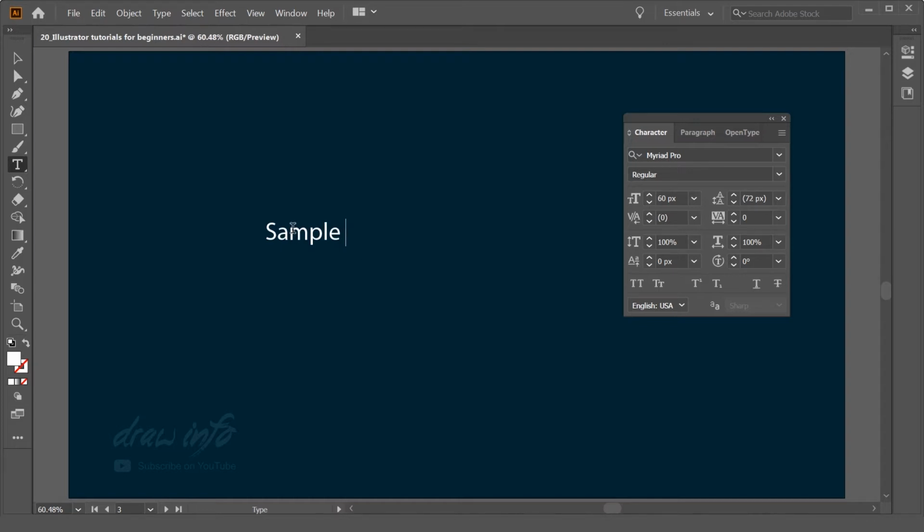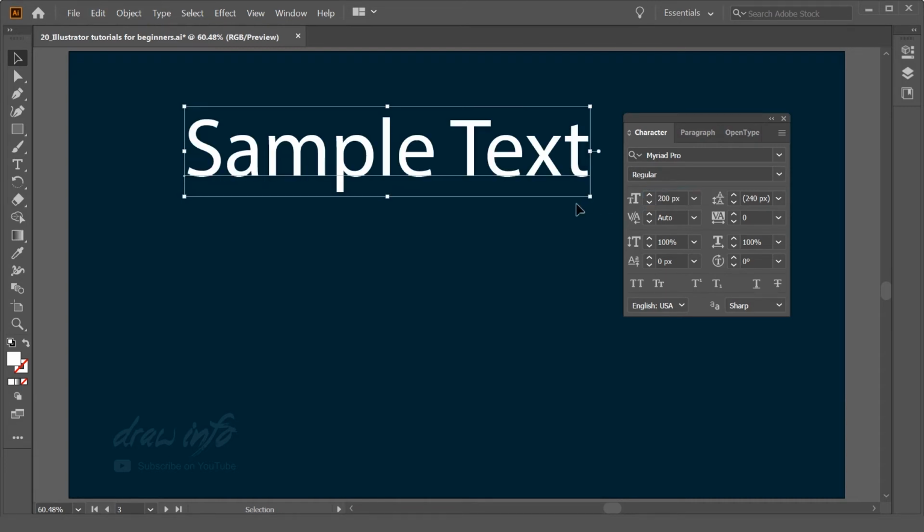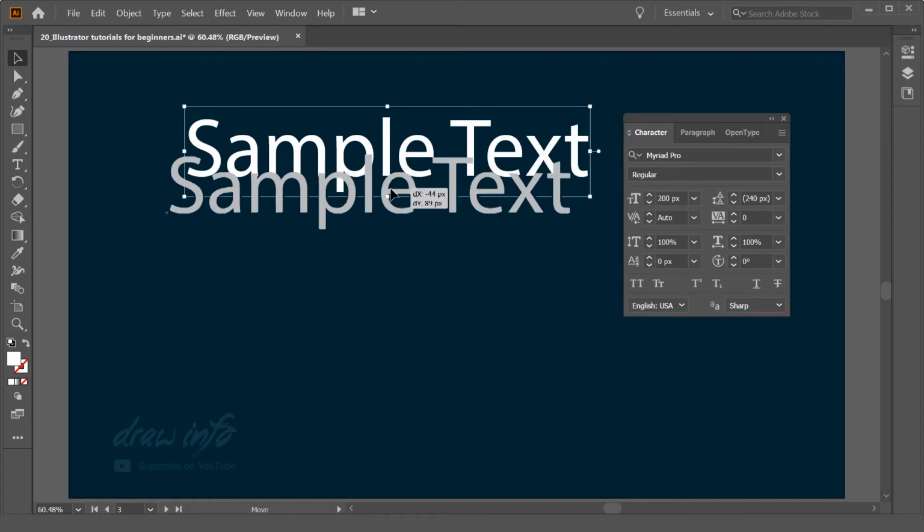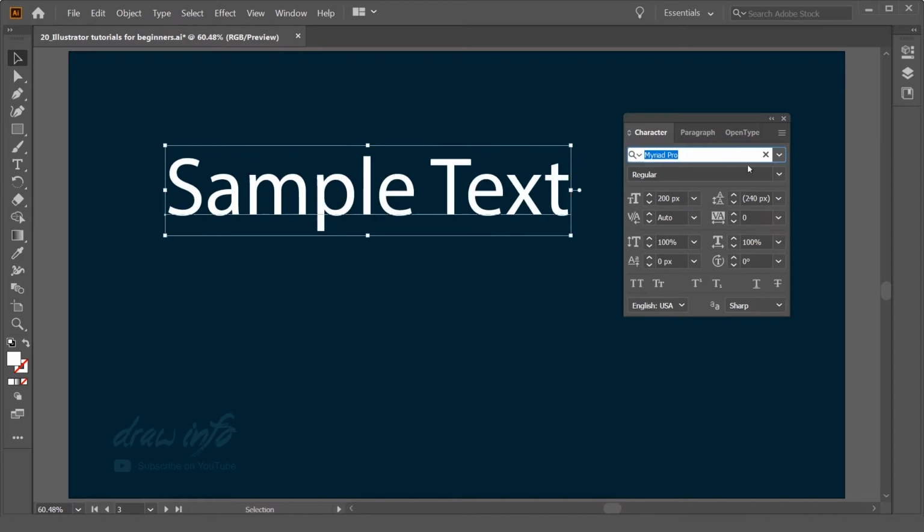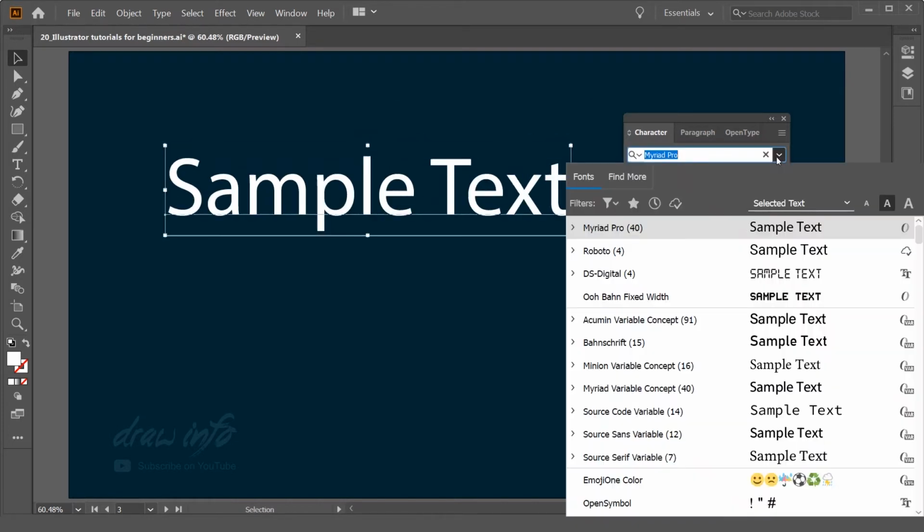I'm just writing some sample text over here. By typing here, you can give the font size. This is the font size, and here you can control the type of font which you want. If you go inside you will get a couple more options.